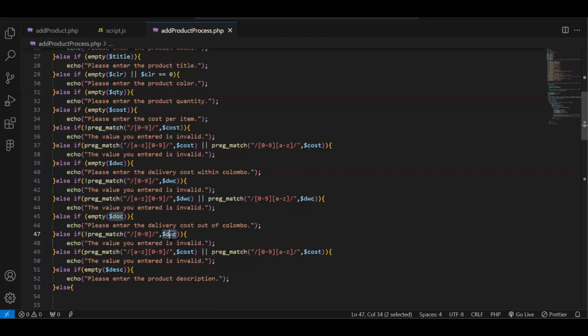If the value of this variable called DOC contains numbers, then it comes to the next else if condition where it checks whether the value that's stored in the variable called DOC contains both letters and numbers. If so, then it displays a message as the value you entered is invalid. And if this variable called DOC contains only numbers, then it comes to the next else if condition where it checks whether the